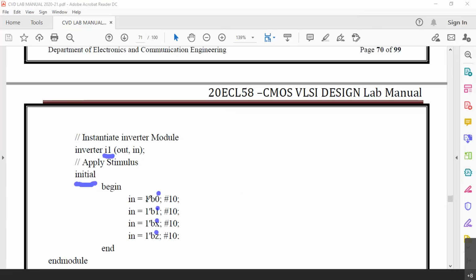So initial begin, input is equal to 1 quote. There is a single quote. You remember this, tick is different and single quote is different. That tick or back tick was utilized as a compiler directive, whereas you can see a single quote here, or apostrophe. This indicates one position, binary bit, and value is 0. Then #10 indicates 10 nanoseconds delay. We have already given the unit as a nanosecond there in the beginning when we gave the compiler directive. So in is equal to 1'b0; #10;